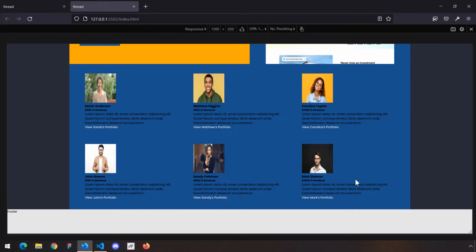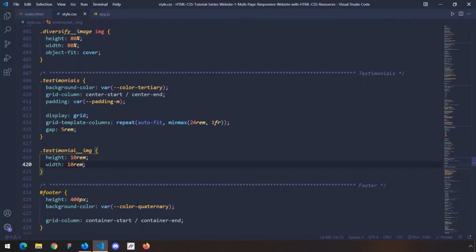So this is what happens, because when you say 10 rem height, 10 rem width, it's very rare that you find a square image. Images usually are rectangles, either horizontally laid, what we call landscape, or portrait. So in both cases they're rectangles, they're not squares. But when you say 10 rem and 10 rem, it means that it is a square. And when you specify an image as a square, it's going to lose its aspect ratio. So the property that is going to handle inline images